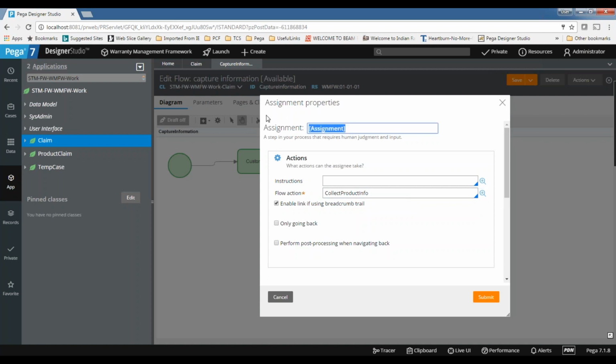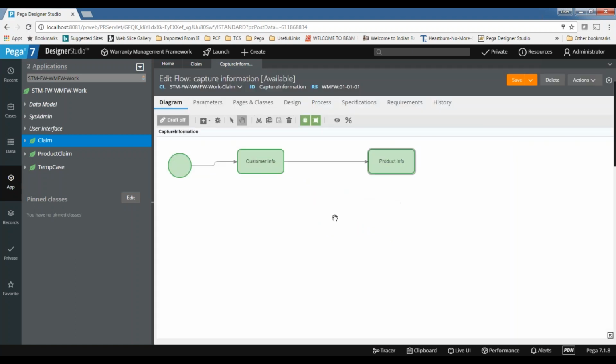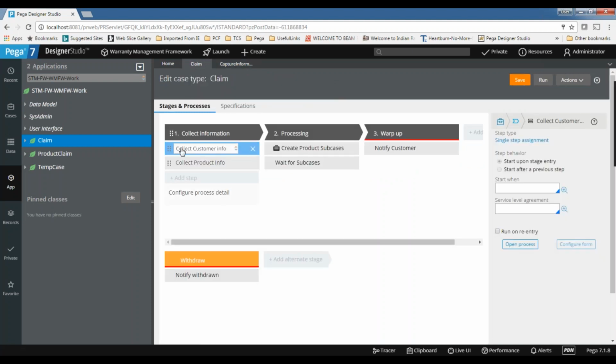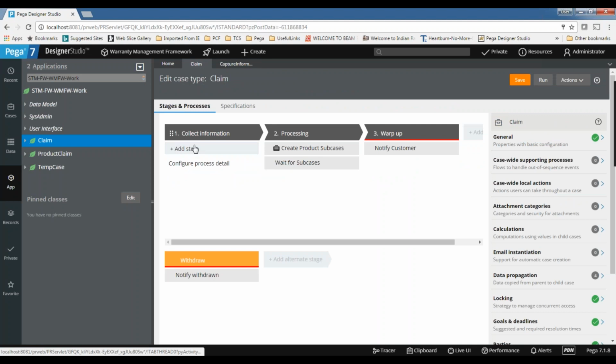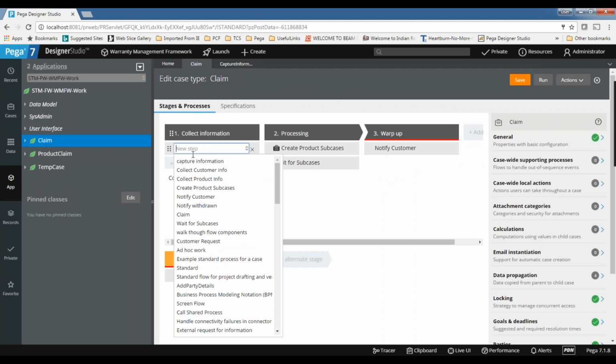These are our product info. Once you create it like this, you can refer to it in the case designer. You can remove this. Click the down arrow, select capture information.